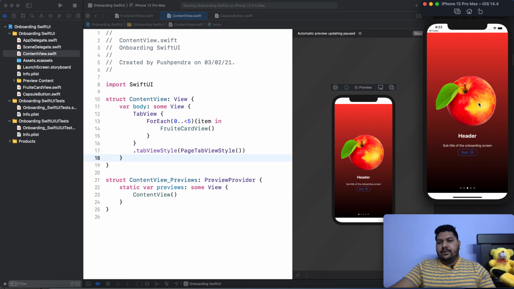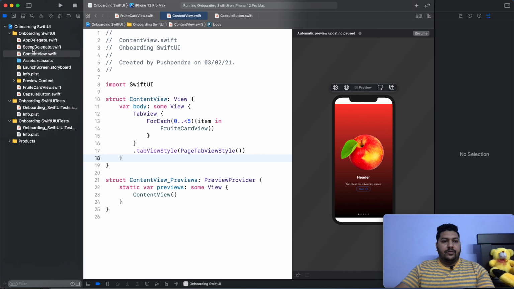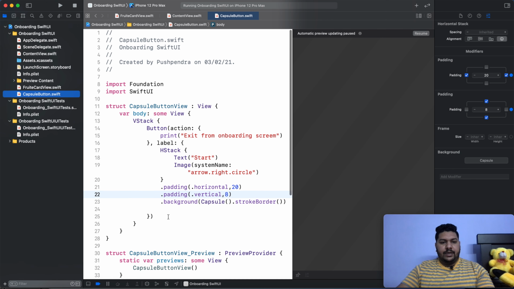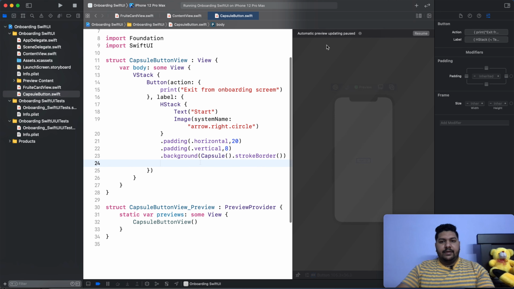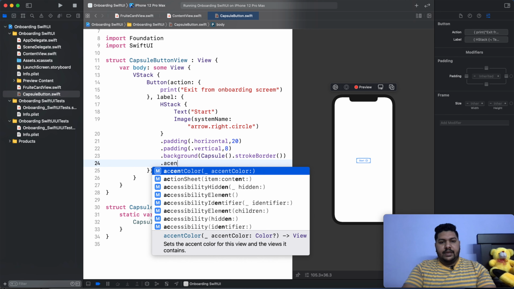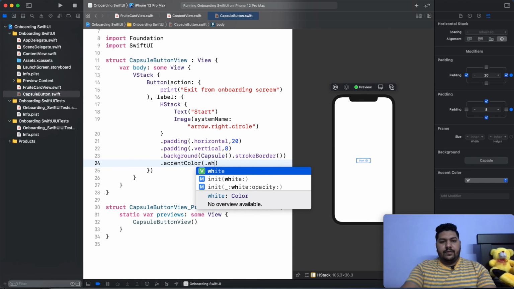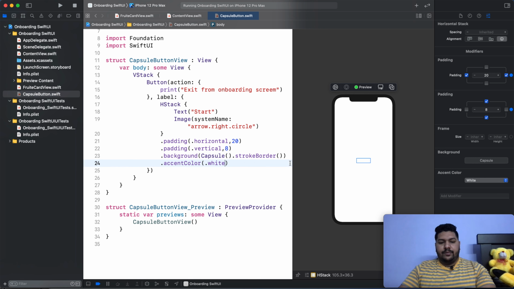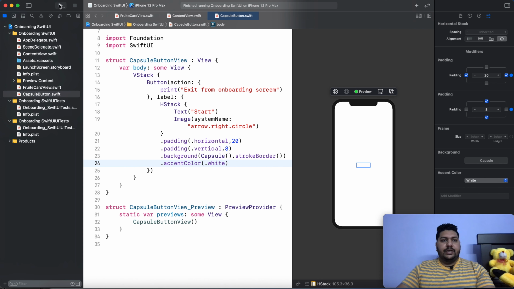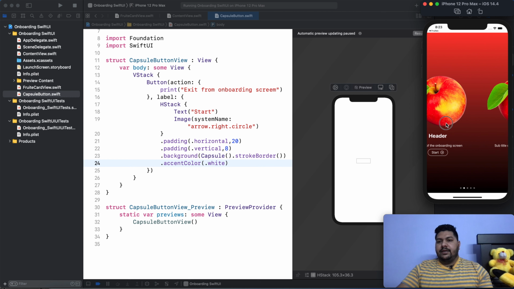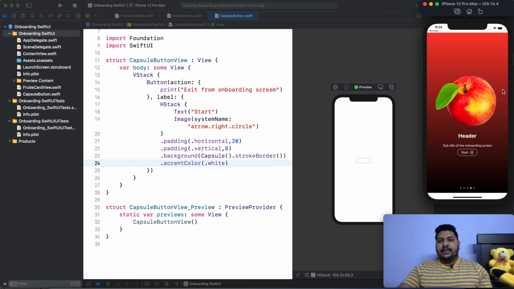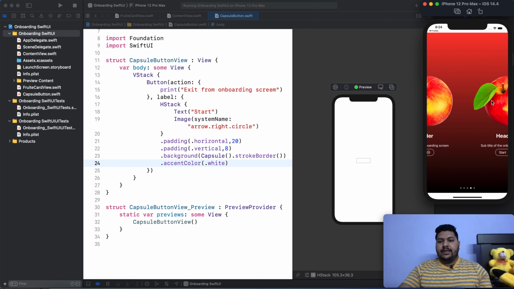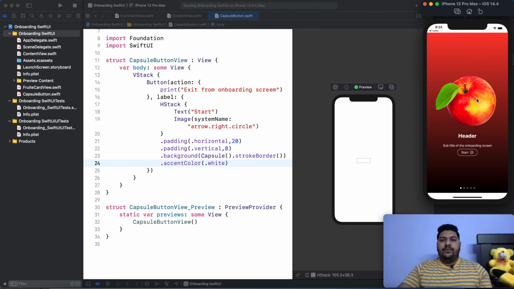Here you can see. Okay, now the thing is that how to change the color of this button. Now go to your button, capsule button, and here dot accent color, you can give dot white, so it will convert into white automatically. So once you will run your project, you will see the effect. Now here is effect. So this is the basic integration for tab view, how you can create tab view and how it works. So if you would like more advanced, like you would like to change this data at runtime, then how you need to work on that.